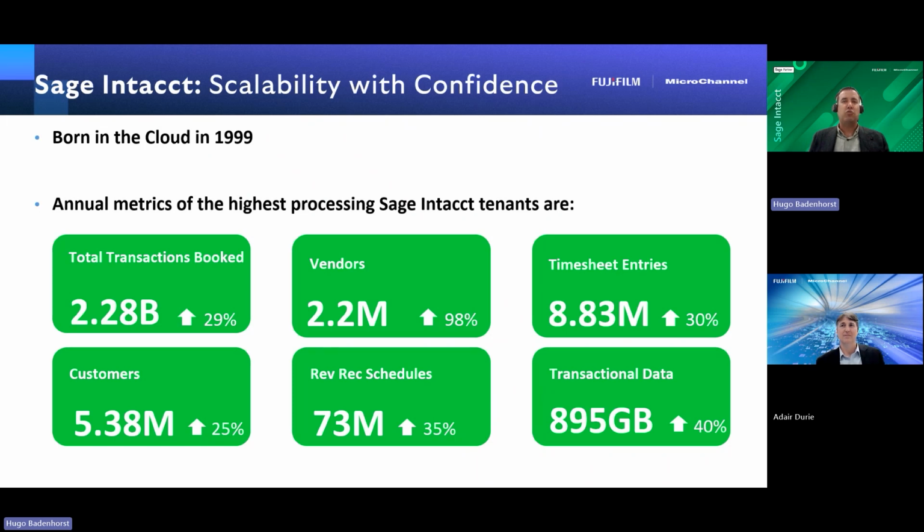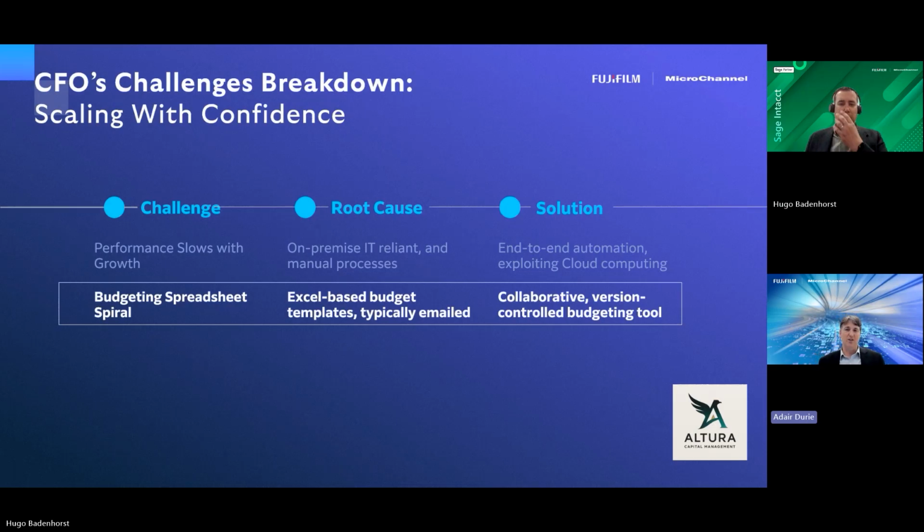Your cloud infrastructure will grow automatically as part of that process. They will manage it, they will monitor it, and will let you know where we need to scale or what we need to do to grow with confidence, essentially. Yeah, thank you, Hugo. And look, some of those figures are amazing. I'm always quite amazed by this: a cloud vendor like Sage will know where your system is slowing down before you do, right? They've got telemetry on that, and they make sure that their resources are scalable with that. So look, that's definitely a discussion around cloud computing, the power of the cloud in scaling with confidence.